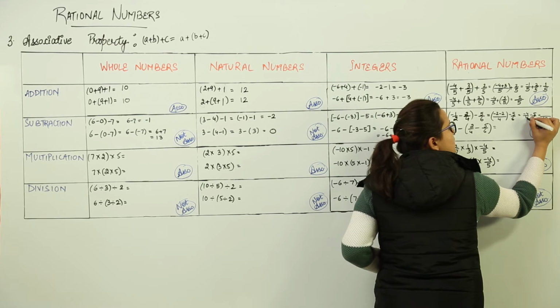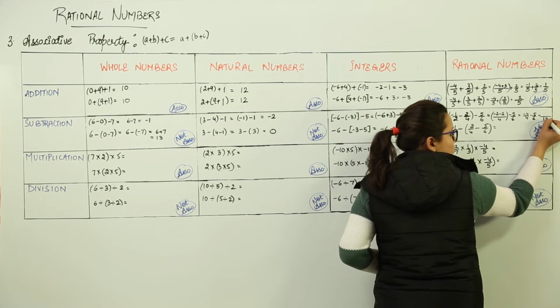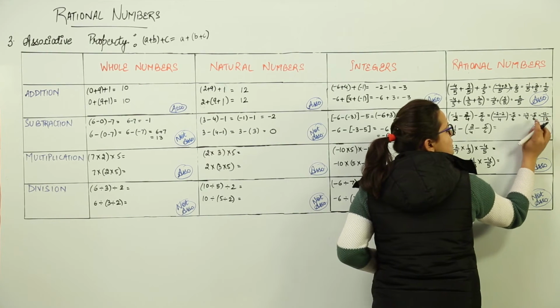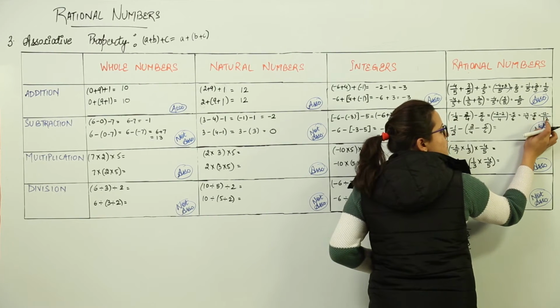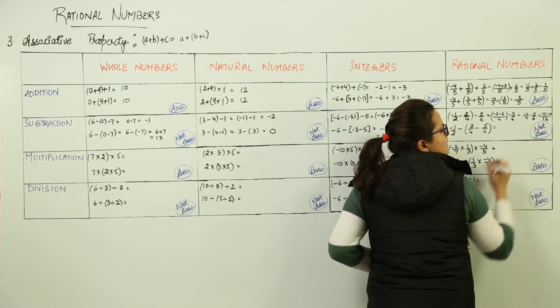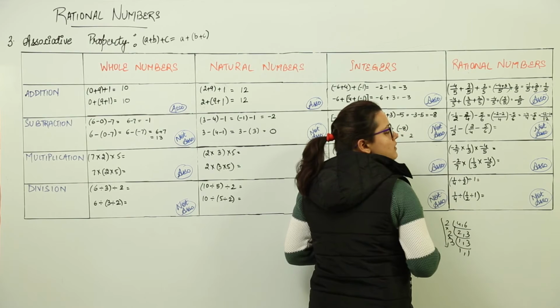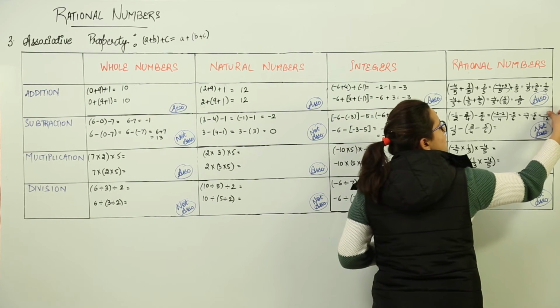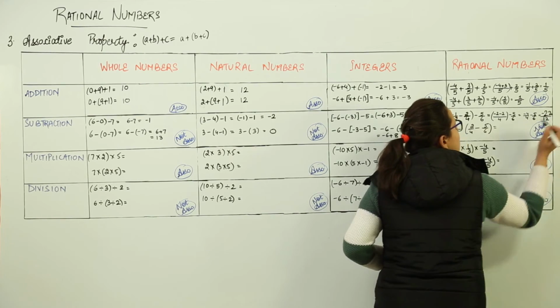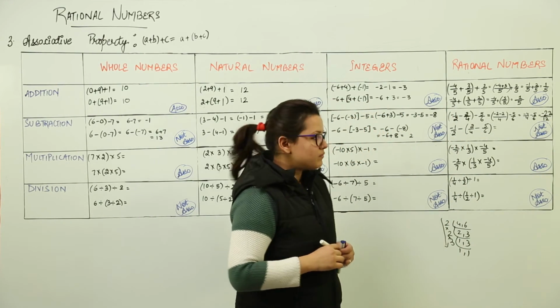How much is 4 multiplied to get 12? 3. What is 3 fours are? Minus 12. Minus, what is 6 multiplied to get 12? 2. 2 multiplied by 5 gives you 10. So minus 12 minus 10 becomes minus 22. Yes. Your answer comes out to be minus 22 over 12.